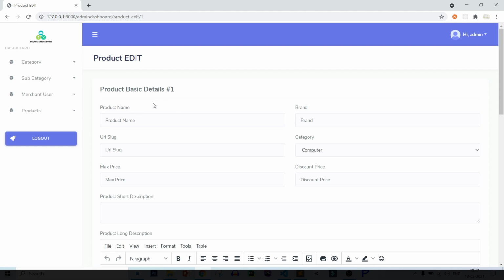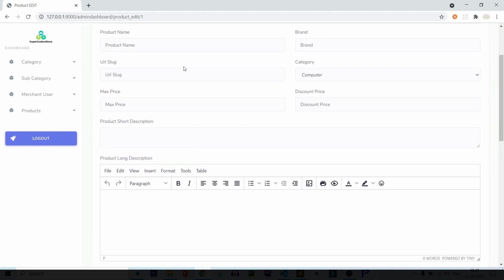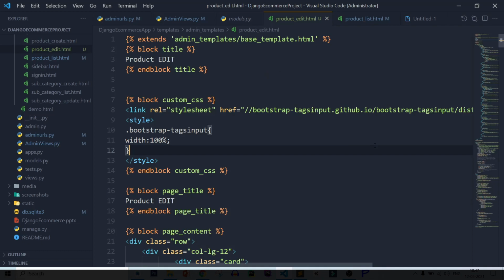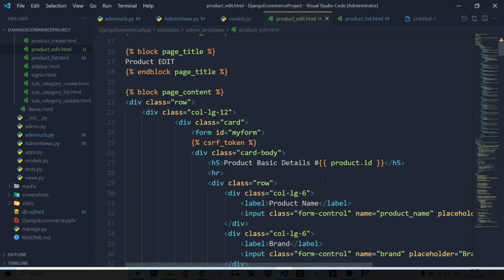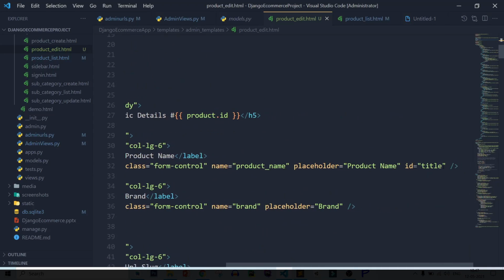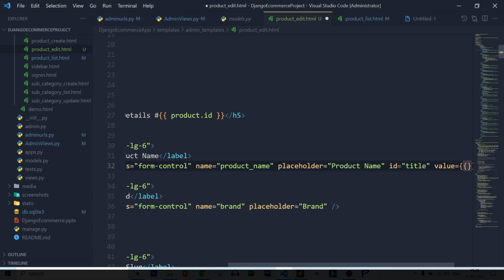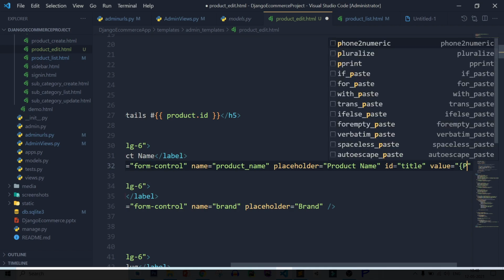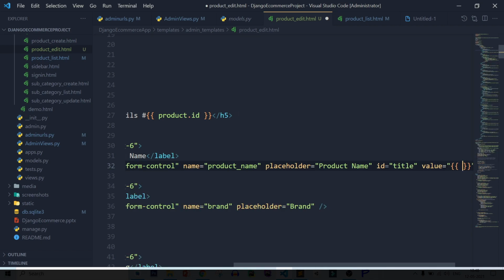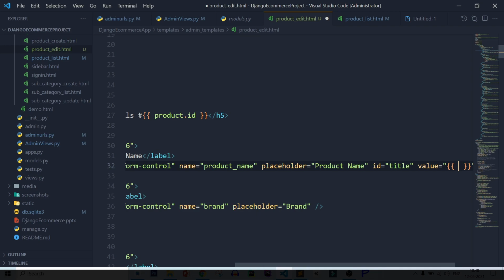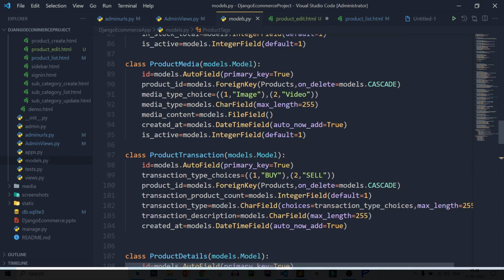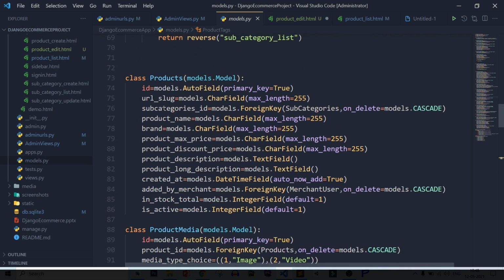Now after that, let's show our product details. So let's see. So here first product name. So value equal to, let's see the field name. So open models, and field name is our product name.